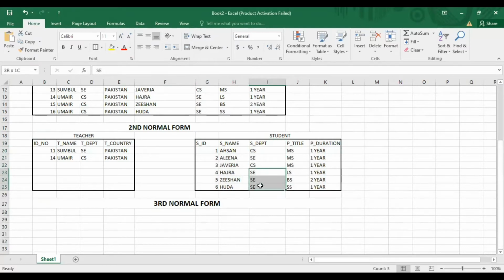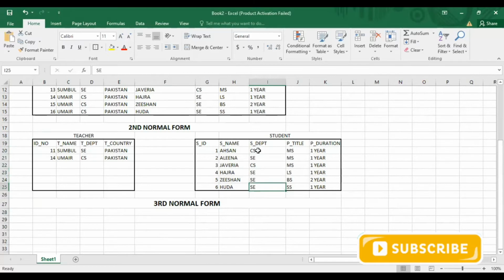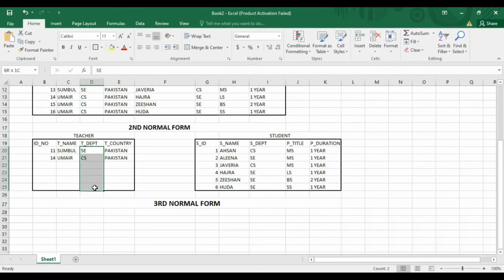Software engineering is written 4 times here, and computer science is written 3 times. In this teacher department is not repeating, but if there are more than 2 teachers, and this teacher is also in the department of computer science, there will be a repetition. I have a small amount of data, that is why we cannot divide that.